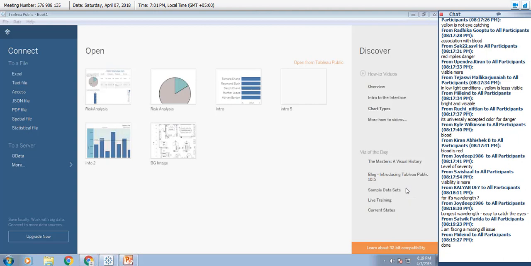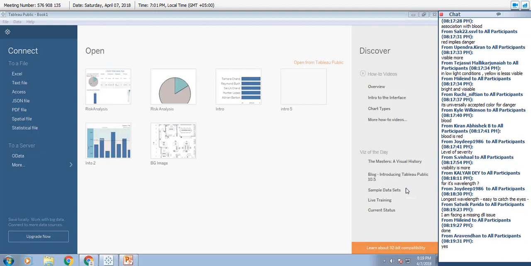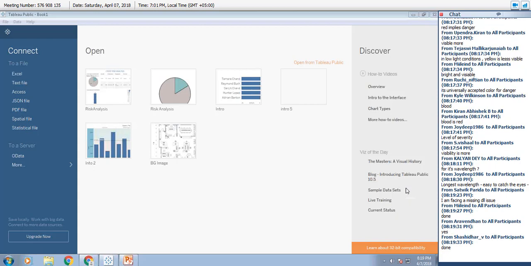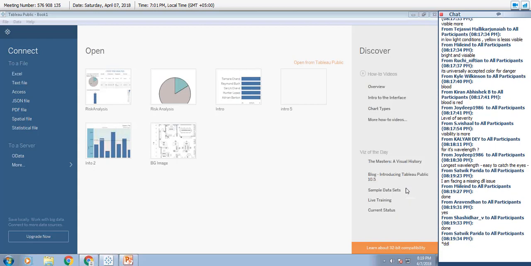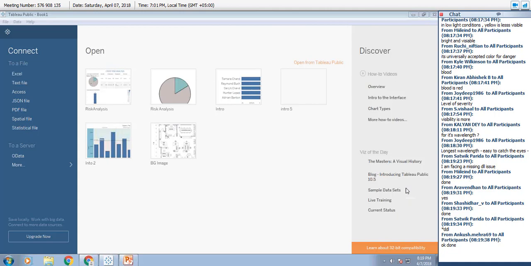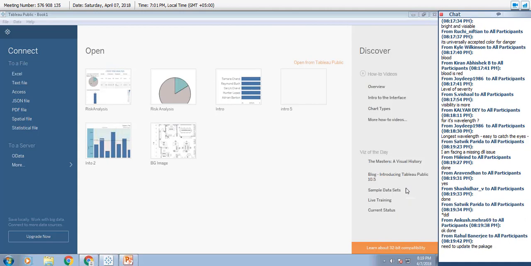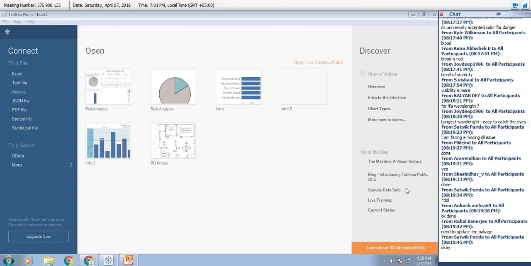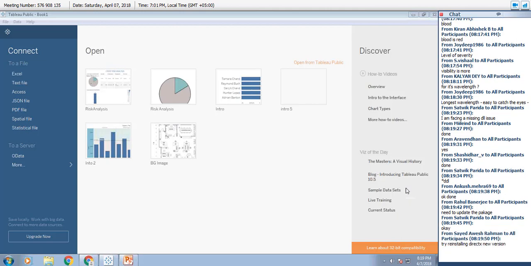Satvik, a DLL issue probably means a driver is missing. So just copy that DLL error and put it into Google. It's probably an Access driver which has gone missing on your machine, so you need to update it. That will be the issue. Just try it out. In case you're unable to get it, please take a screenshot and put it into help and support. Probably it will be a useful thing that can be done.